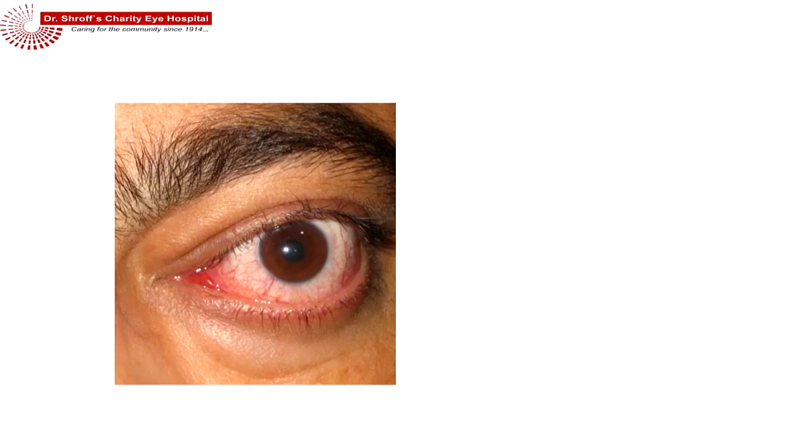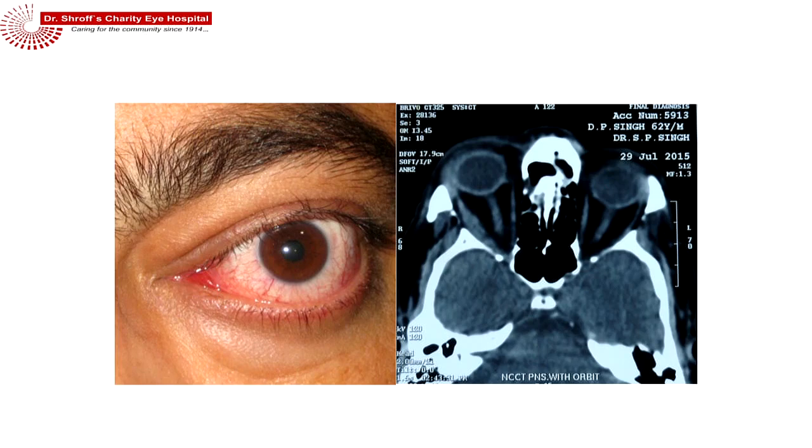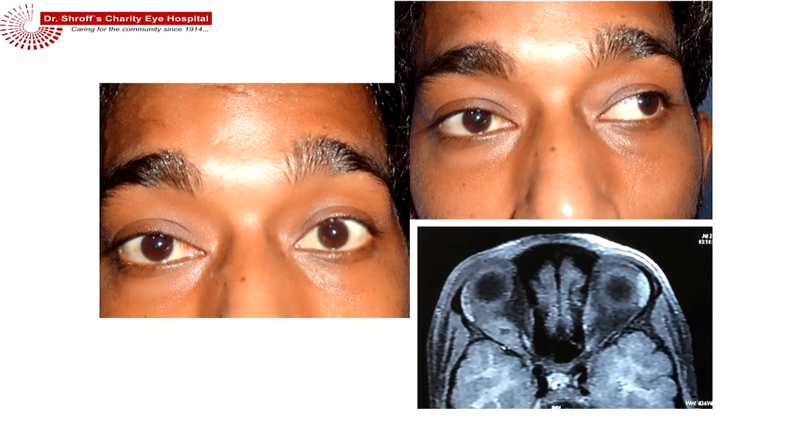Sometimes there can be bilateral involvement, and the most common differential for myositis remains active thyroid eye disease, because even an active TED will have signs of inflammation with thickening of the muscle. But what we see in thyroid disease is traditionally a tendon-sparing thickening of the extraocular muscle, which helps us in differentiating.